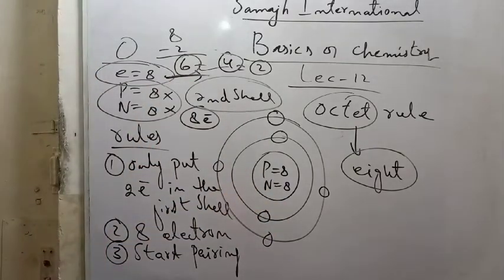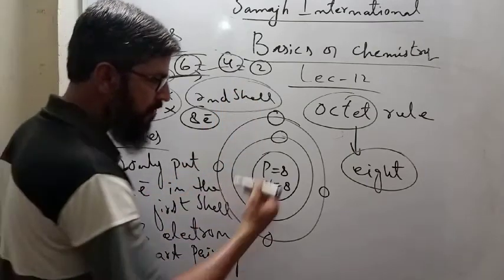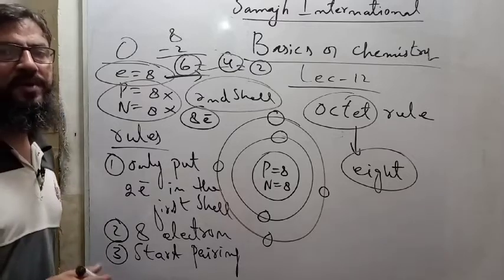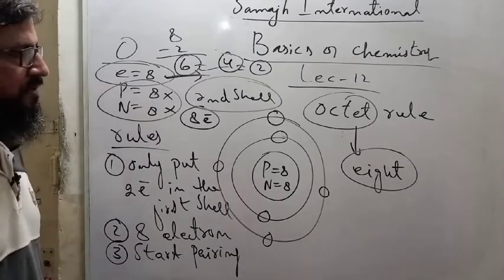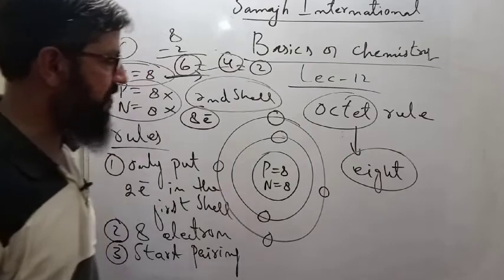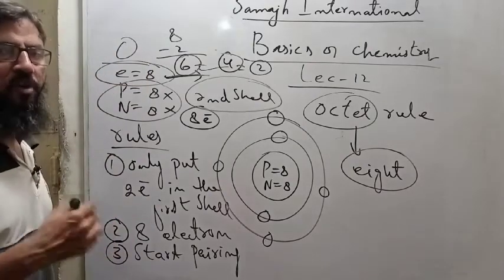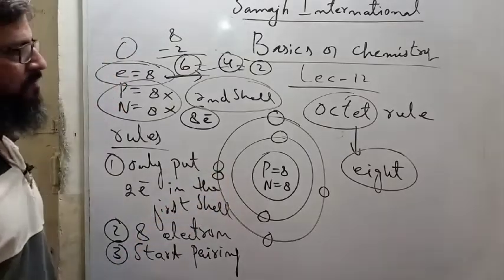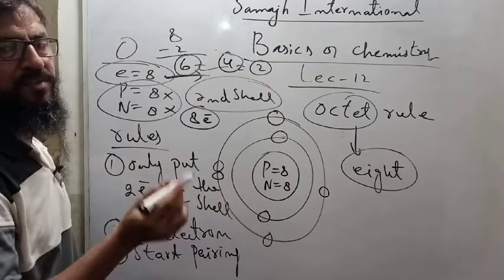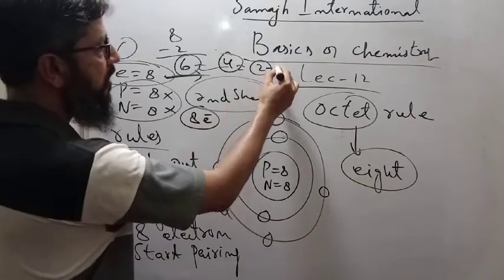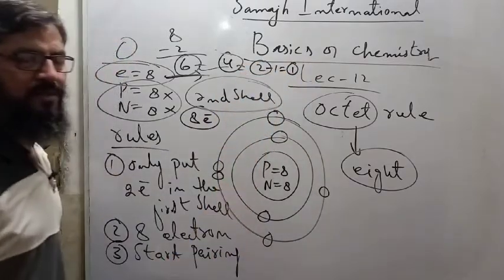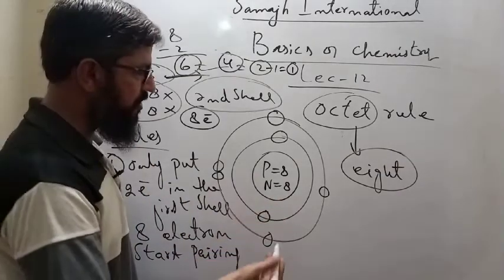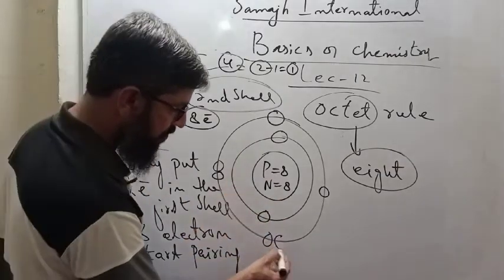But be careful. After filling the top, bottom, right, left electrons, the 4 electrons, now you have to pair electrons. You have to make pairs. I am going to make the first pair of my own wish, like this, the first pair. Now, how many electrons remained? 2 electrons, minus 1, just 1 electron is remaining. You can pair it with any electron according to your wish. I am using this one, the bottom one.